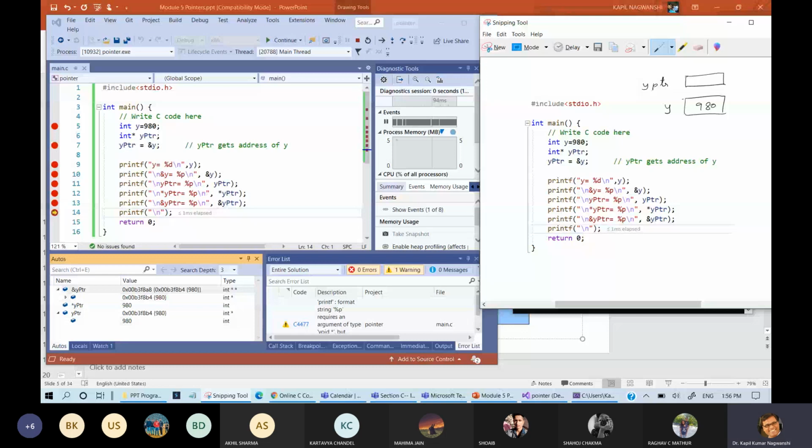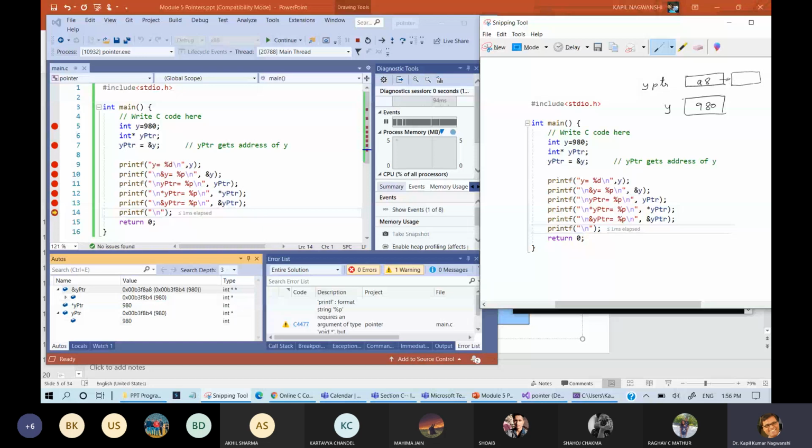A8 is the address. So this holds A8, and inside that A8, because it is a pointer kind of value, it is holding another value, and that value is B4. And this is also B4.